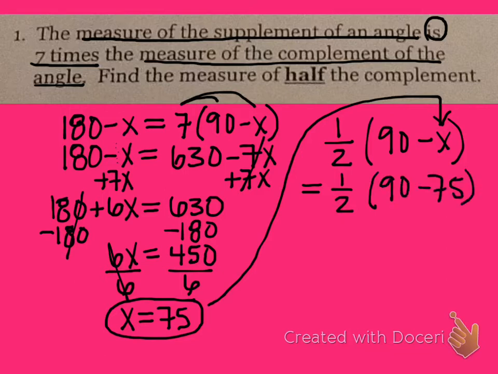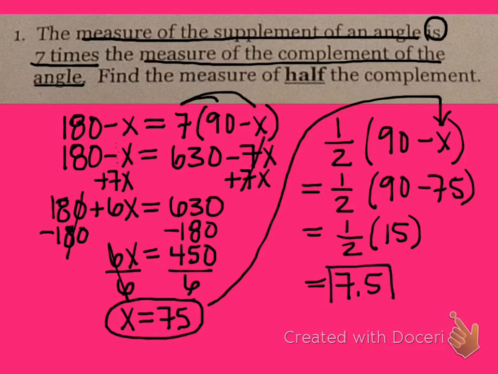90 minus 75 is 15. And then when we take half of 15, we get 7.5. So as I was grading this quiz, I gave you partial points. For example, if you got the equation correct, you got 4 points. If you got to the 75, you got another 3 points. And then if you got to the 7.5, you got your remaining 3 points for a total of 10 points for this